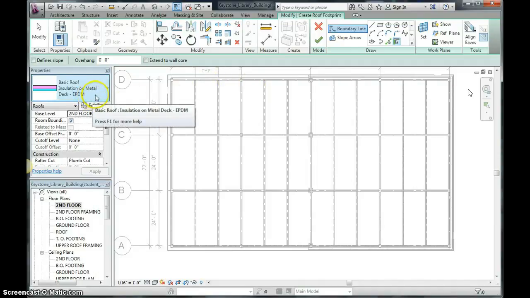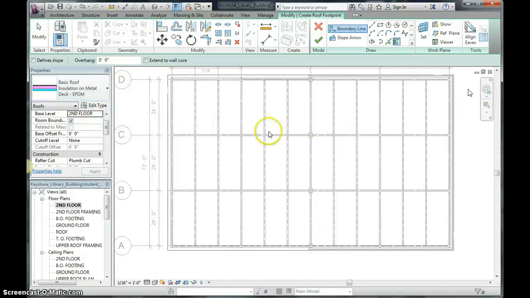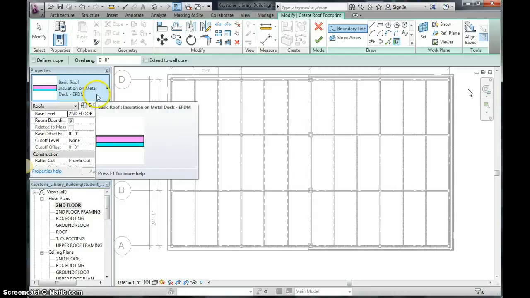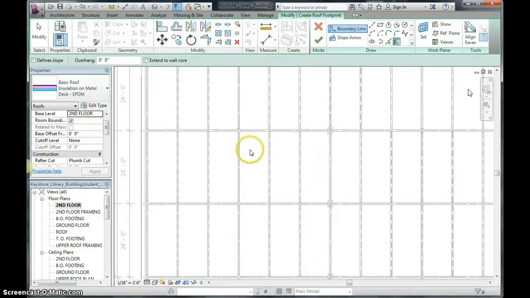We're going to put a basic roof insulation on metal deck, EPDM. Same one that we did for the upper deck, because as your research should have shown you, that is what the foundation of the green roof is typically made out of. You still have that common basic roof EPDM on there. Then you have extra layers on top of that. So our base level is going to be the second floor. And we are going to